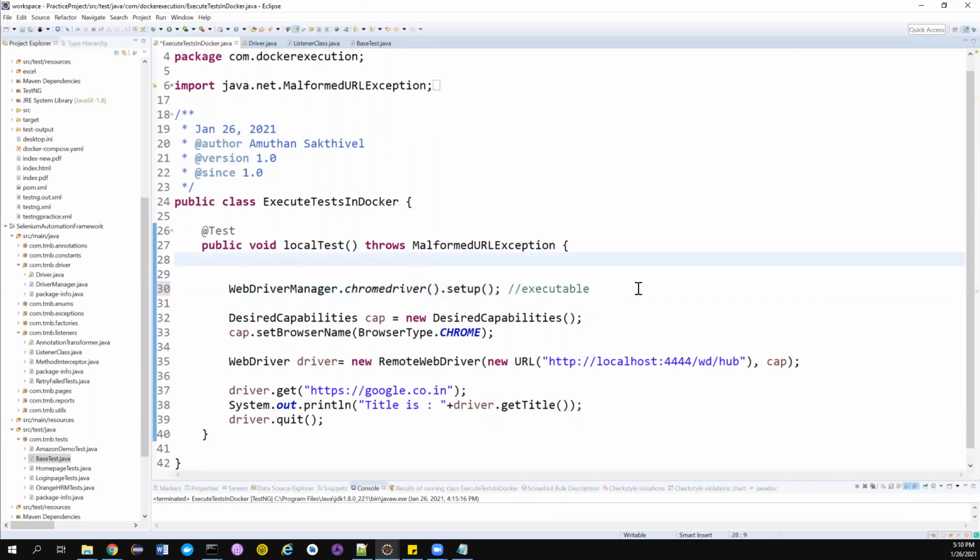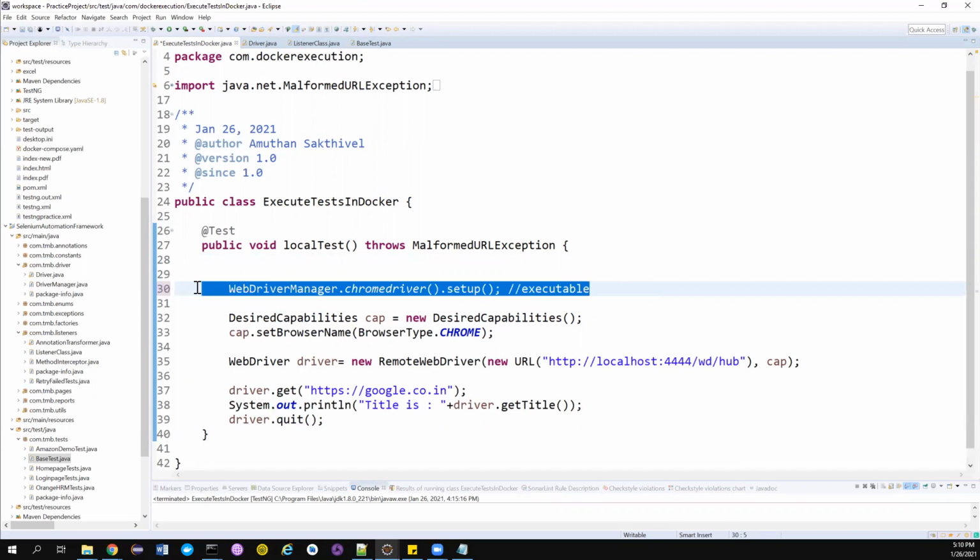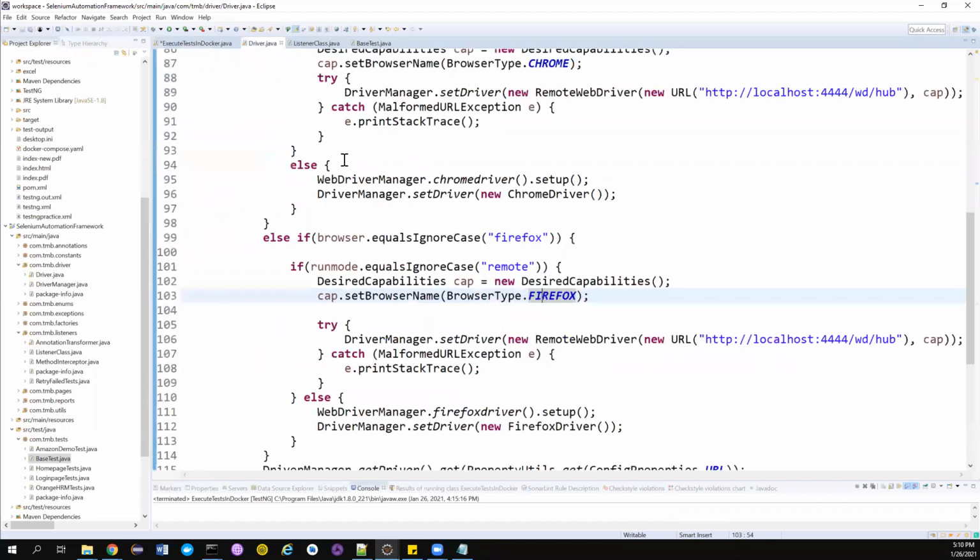The reason why we don't need this WebDriver Manager to handle this for us, I will explain in another video after explaining what Docker is, how a Docker container works, what all the folders it will have, all those things. After that I will explain about this, but I'll add it as a to-do statement on my side to add a video at the end. Now let's go to the driver class.